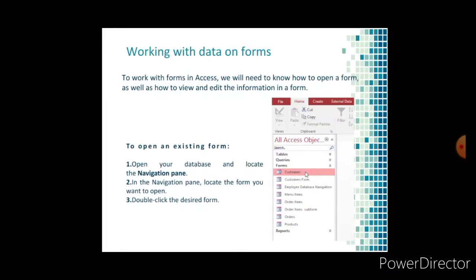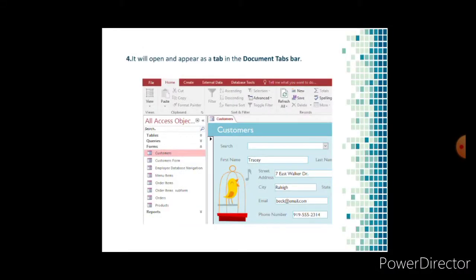In this navigation pane, locate the form you want to open. Double click the desired form. It will open as a tab in the Documents tab bar. This is working with a form.